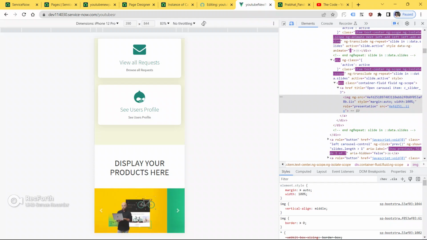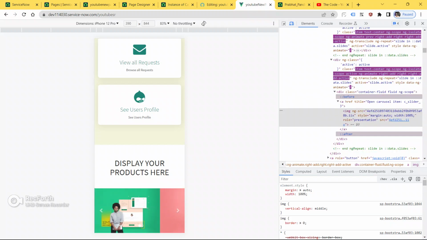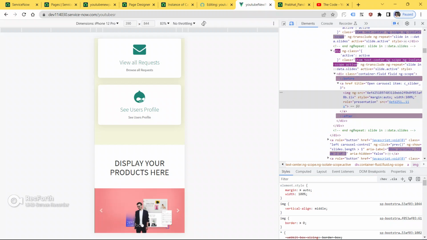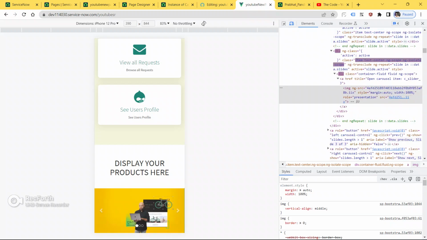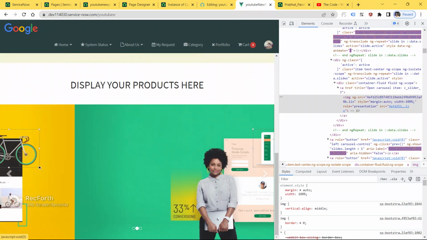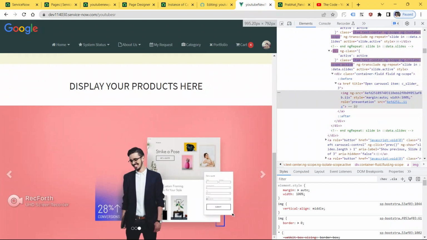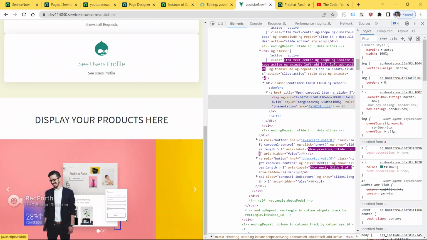As you can see guys, this is fully responsive, fully working, fully functional.